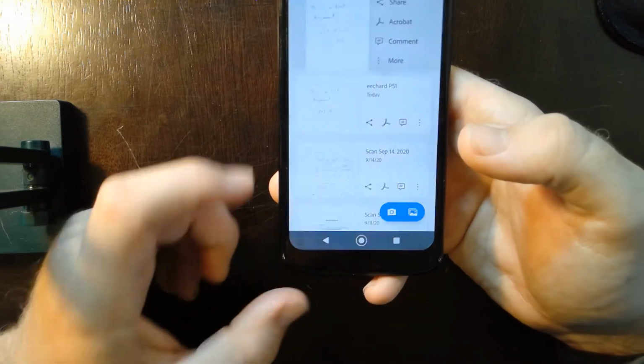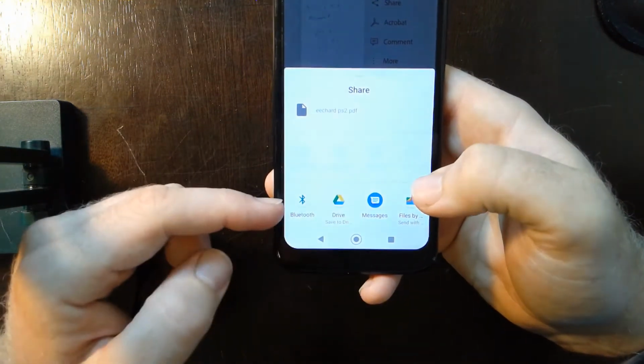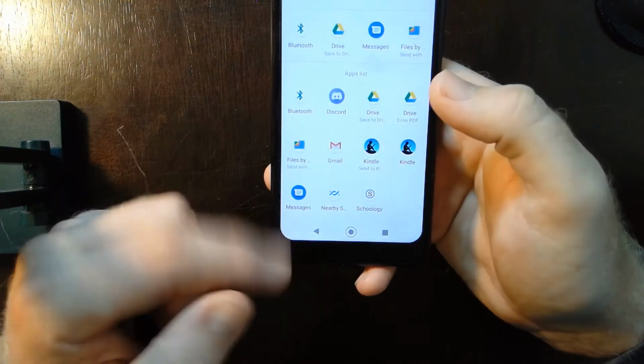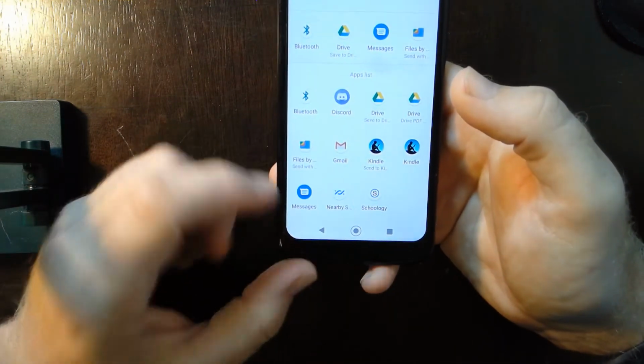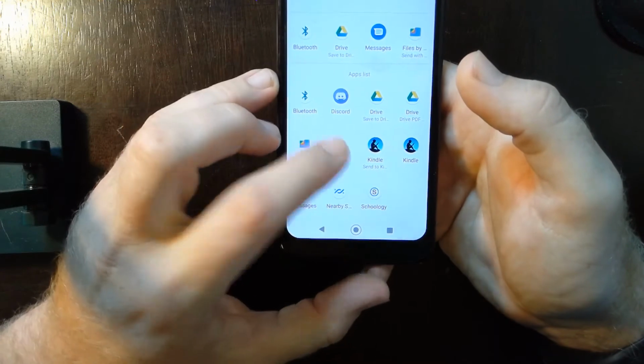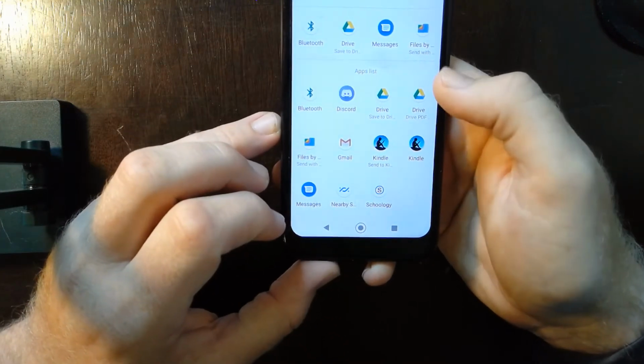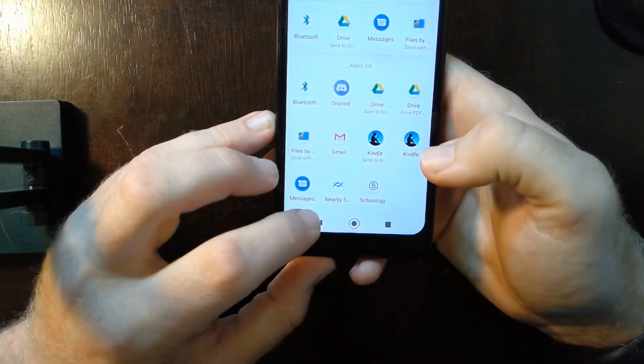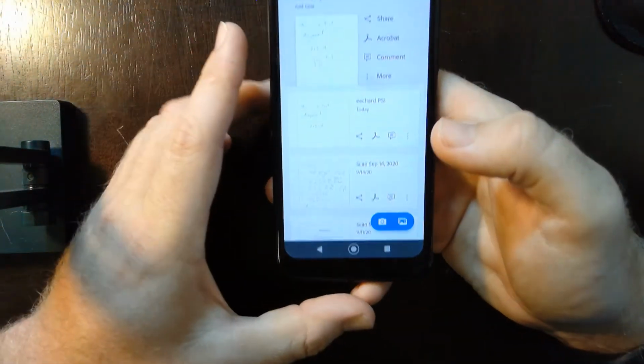What's going to happen with the share copy button is, again, it's going to take you to this page here. You can select any location you want to share it to. You can send it to yourself using the email. You can send it to Drive, you can send it to your files. If you want a more efficient way of doing it in terms of sending it to your phone so you can access your